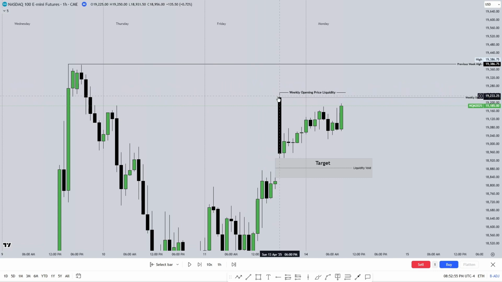And this is not just a normal high. This is not just any high right here. This is the weekly opening price liquidity. And so the reason why this is important to me